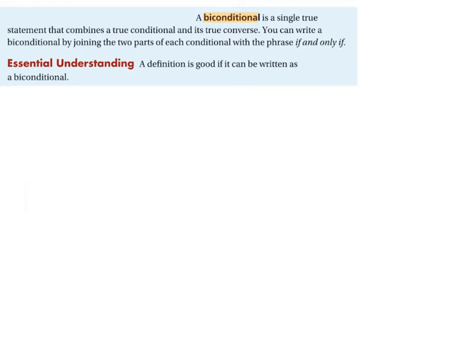So a biconditional is a single true statement that combines a true conditional and its true converse. If you know that the conditional and its converse are true, then what you're really getting is that it's flowing in both directions. Then you can write it as an if and only if statement. If you know one, you know the other, always. If one is true, then the other is true always. So you can write a biconditional by joining the two parts of each conditional with the phrase if and only